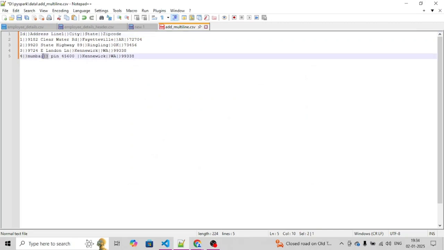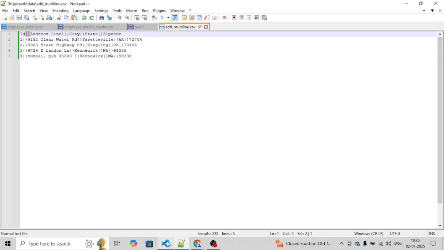Suppose this is my entire file, and if someone has put a comma or a special character in the text, we don't know what the user will type into the comment. So we could encounter such an issue. To handle those, we will pass a different delimiter, or a combination of delimiters.